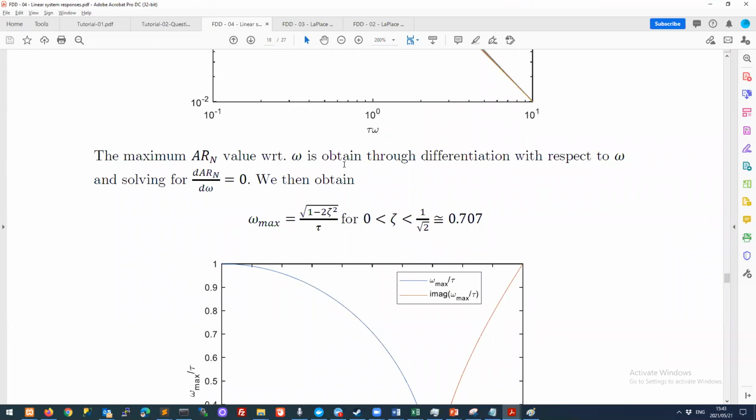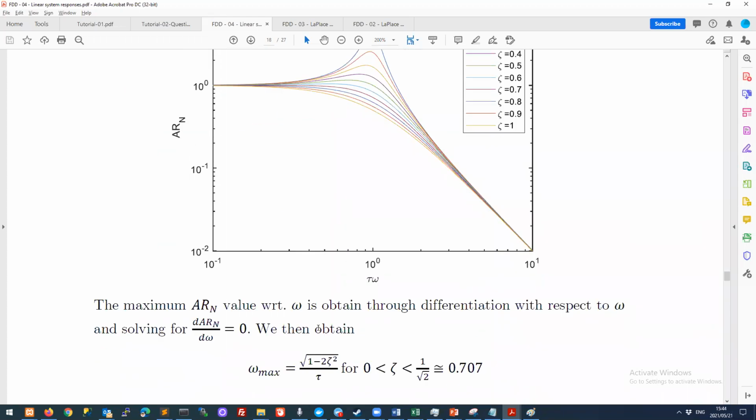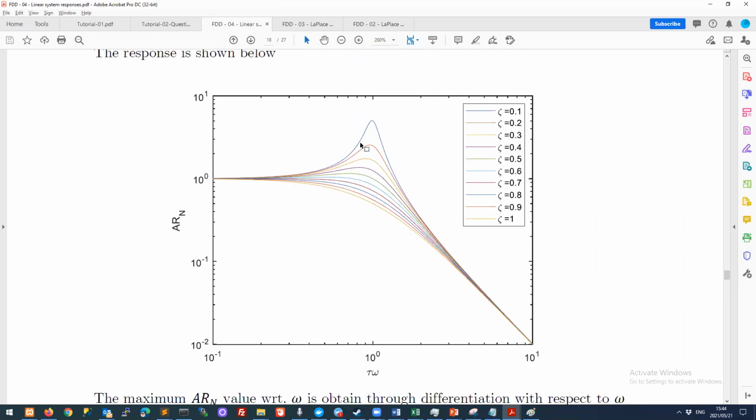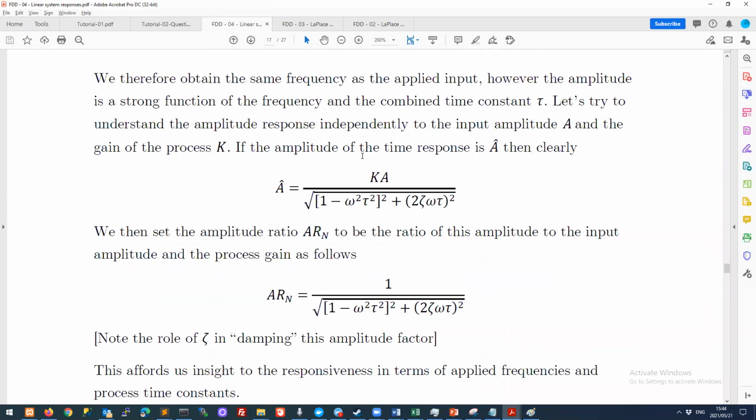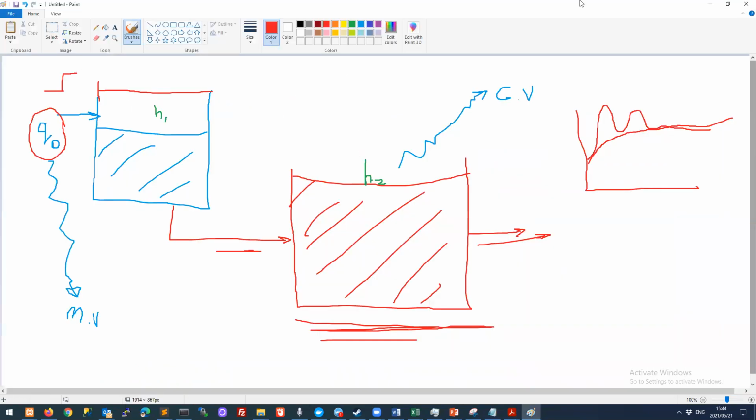Forget what this is about. The maximum. Oh, right. So we are trying here to figure out what the frequency is where we get that maximum amplitude. So when we apply a sine wave at the inlet, we have to choose a frequency, right? So for Q naught here, we are applying a sine wave, but of course there are different parameters to that